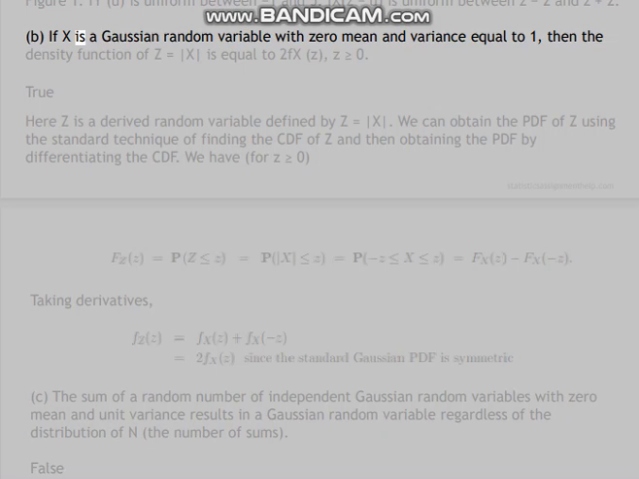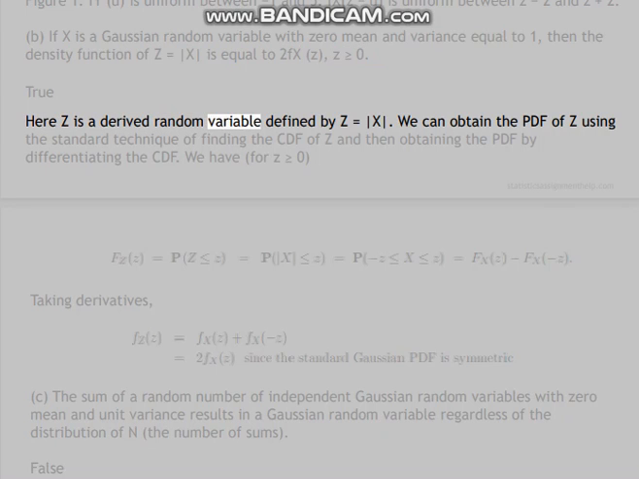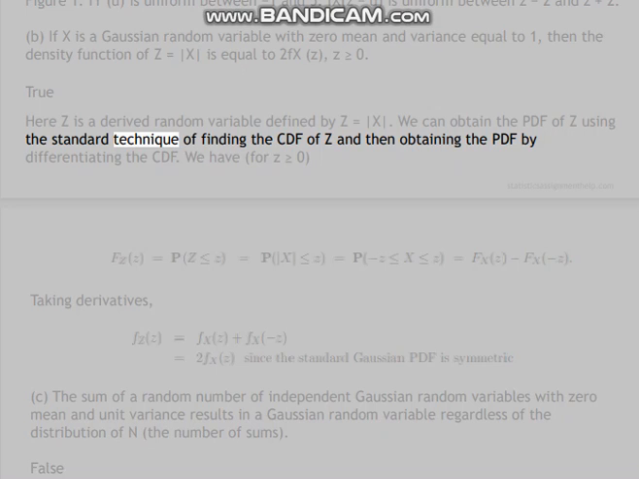B. If X is a Gaussian random variable with 0 mean and variance equal to 1, then the density function of Z equals |X| is equal to 2fX(z), z greater than or equal to 0. True here. Z is a derived random variable defined by Z equals |X|. We can obtain the PDF of Z using the standard technique of finding the CDF of Z, and then obtaining the PDF by differentiating the CDF. We have, for z greater than or equal to 0,